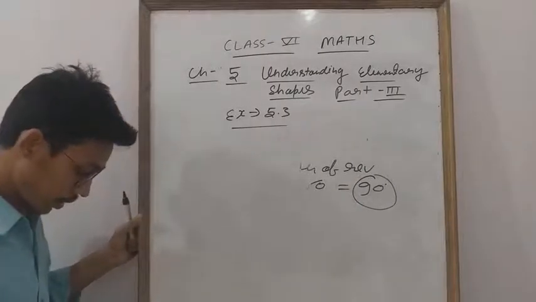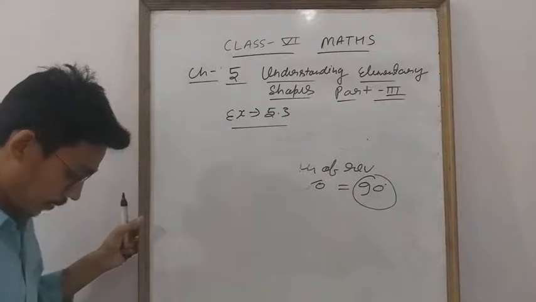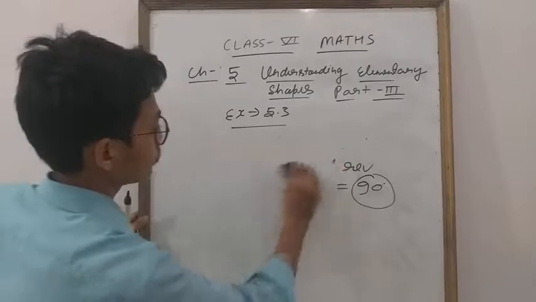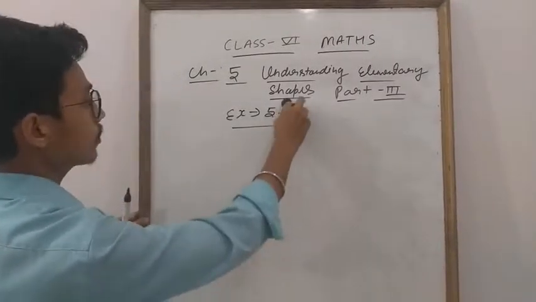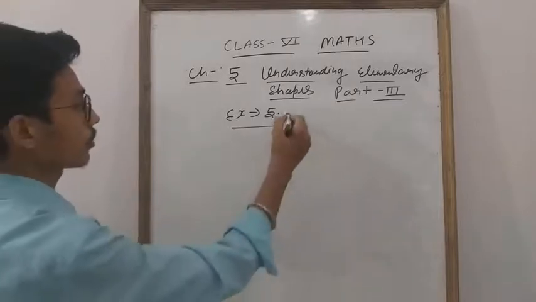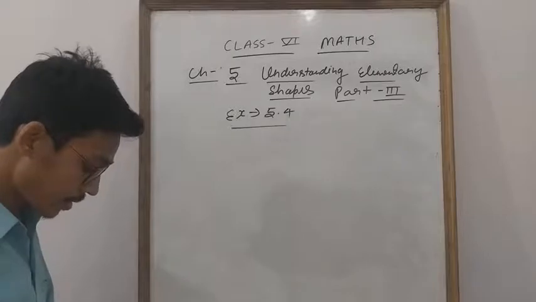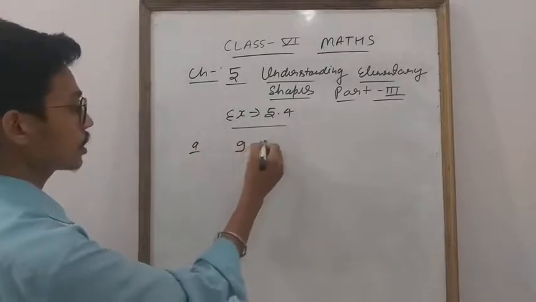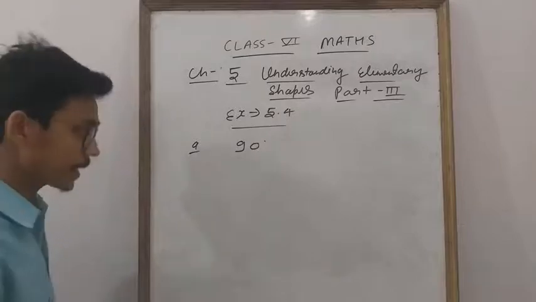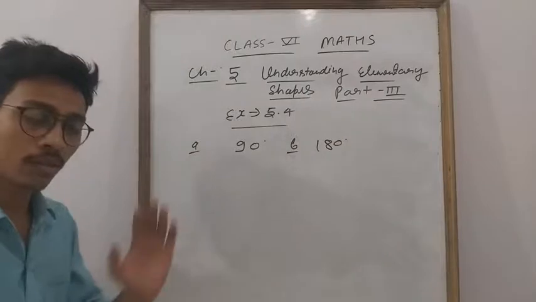Now nothing is given. Now come on to 5.4. Because in 5.3 all angles are given, so I explain everything. Okay everyone. So 5.4 is given, student. What is the measure of a right angle? Everyone knows the measure of a right angle. Very easy question, 90 degree. Straight angle, everyone knows? A straight angle is 180 degree. That is given in your book.